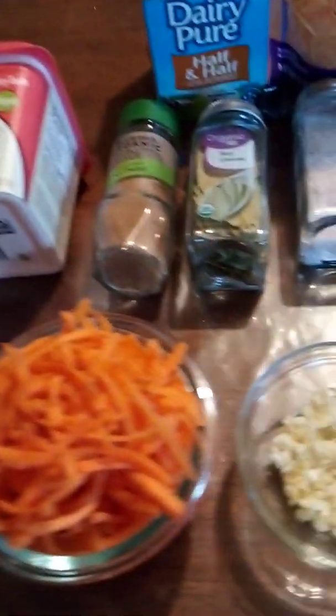So everyone, I want to show you, this here is my stock here, and I've already added the rice and the 2 bay leaves. And I'm going to just throw my chicken in here, and I've already added the flour, and I'm just going to dump that chicken right in there